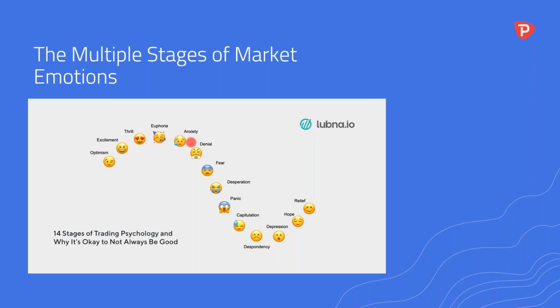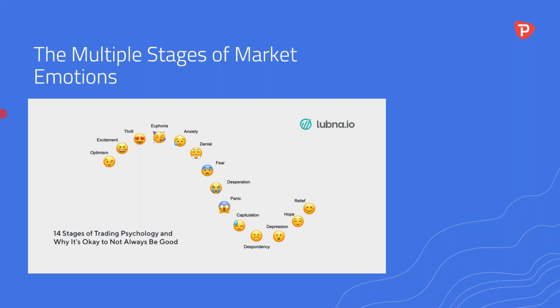And now we're definitely seeing anxiety and denial, because we did see the US 500 make higher highs. And then of course now we're in that fear, desperation and panic area. And this is what happens. The market goes through these stages. Then you'll see a capitulation, where effectively the market might sit down at a level for a while and just wait there or find support. Despondency, and of course then you've got the recovery, which is, let's say, hope and relief.